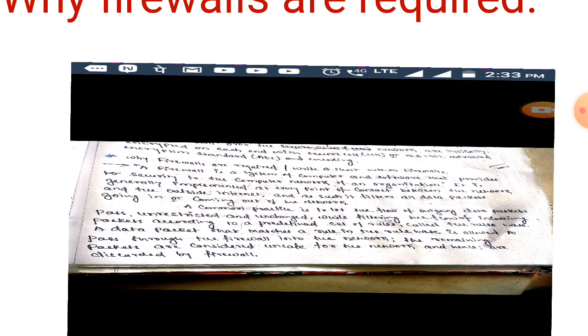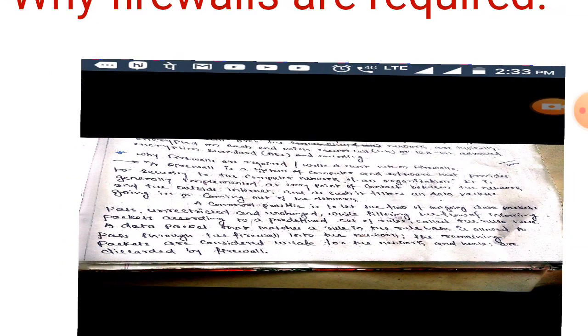A data packet that matches a rule in the rule base is allowed to pass through the firewall into the network. The remaining packets are considered unsafe for the network and hence are discarded by the firewall. So this is why firewalls are required.